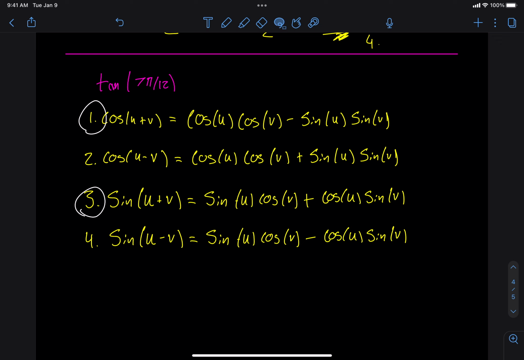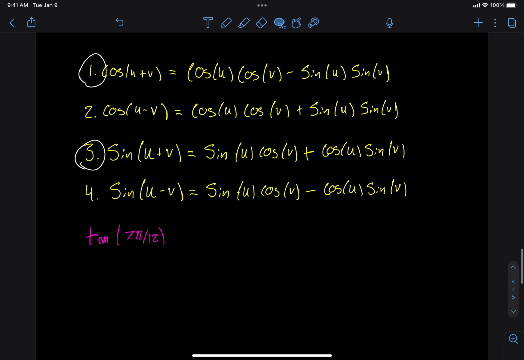And let's see how these are going to help us to do this one. So the thing is, we didn't learn any sum and difference formulas for tangent, right? And that's why you probably felt like, this is so unfair. I hate Tom. I want him to die. No, just kidding. You didn't think that, but you did think that this is unfair. But I claim it's not unfair because